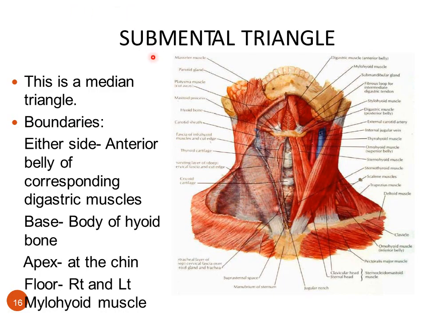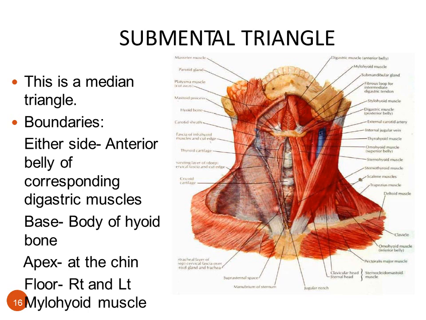Now let us start the submental triangle. The submental triangle is actually an unpaired triangle. We can appreciate this triangle below the chin. So we can see here the submental triangle below the chin. Each half lies on the side of the midline of the neck, that you should remember.